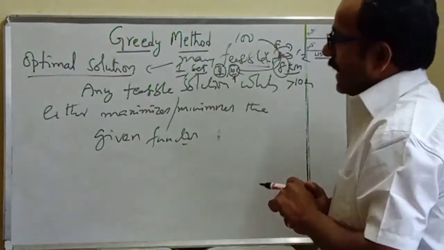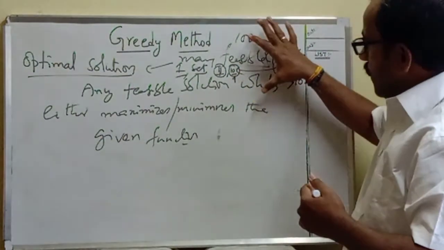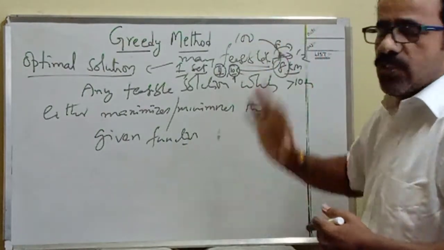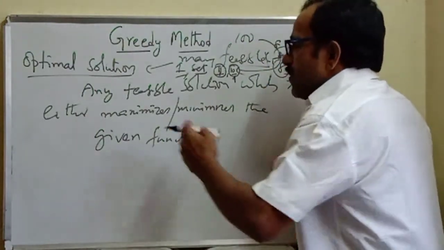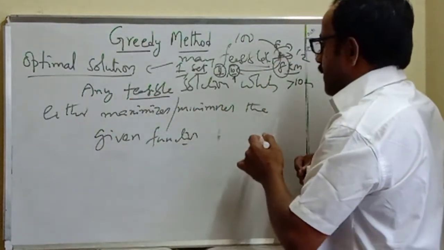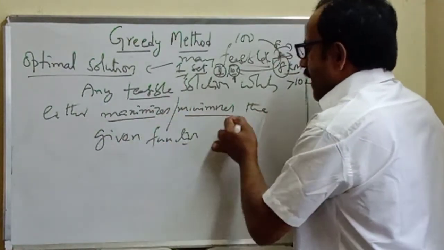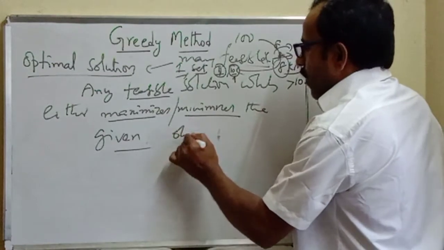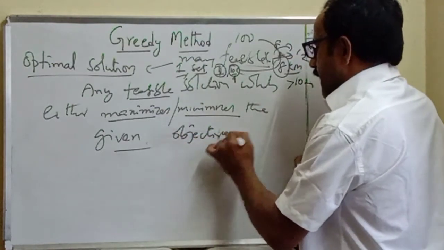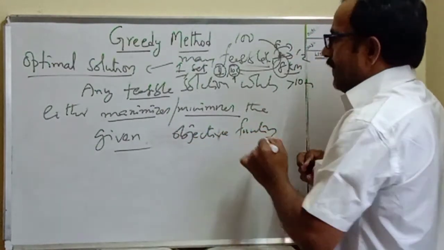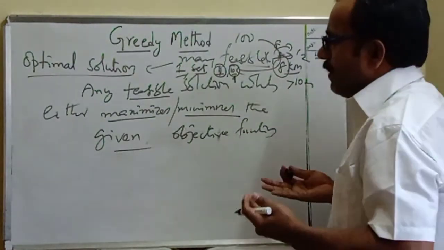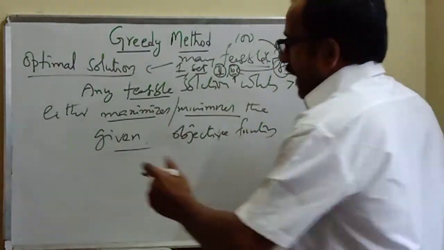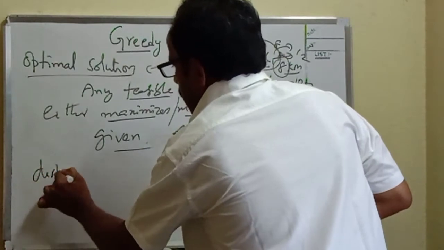Then how can we define an optimal solution now? Out of 100 or out of 2000 solutions, any feasible solution which either maximizes or minimizes the given objective function is called optimal. What is an objective function? I will tell you. This is the definition of an optimal solution. Then what do you mean by objective function? Here the objective, in distance related problems,